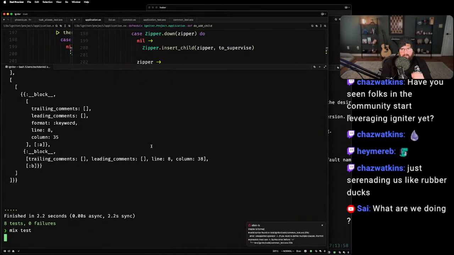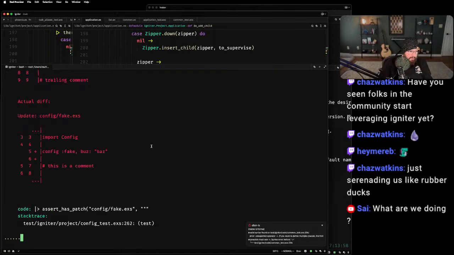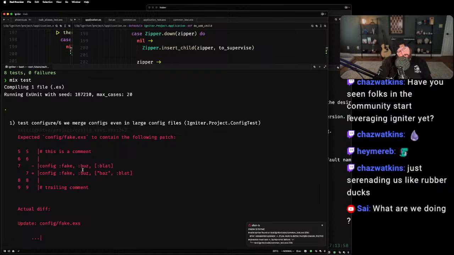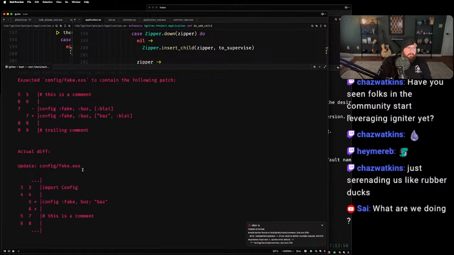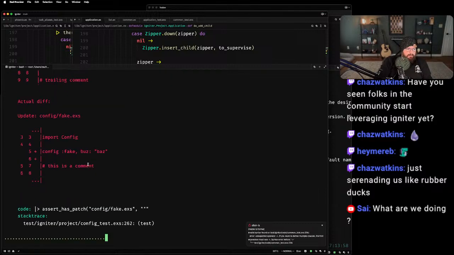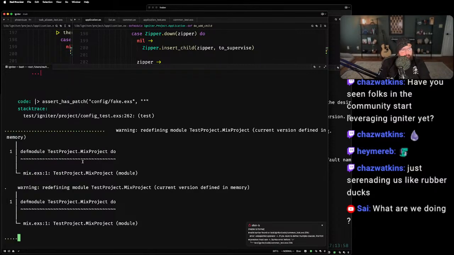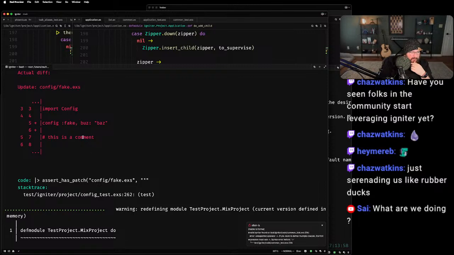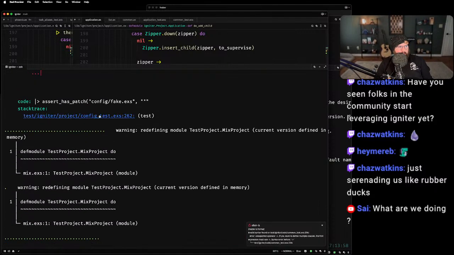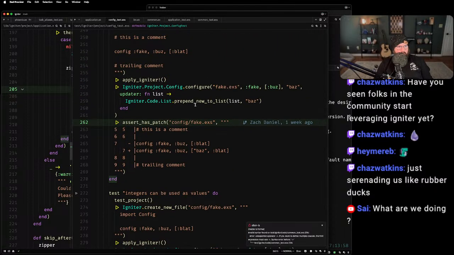The question is, did I break anything else with that logic? By returning the, oh, I did. Let's see, what did I break? It's just one thing. It's not going to be so bad. Because probably what that means is there's a function that's not properly entering into a single child block if it finds one. And that's the main sort of issue, right? So we say configure fake buzz. Let's see, do we get to this function?